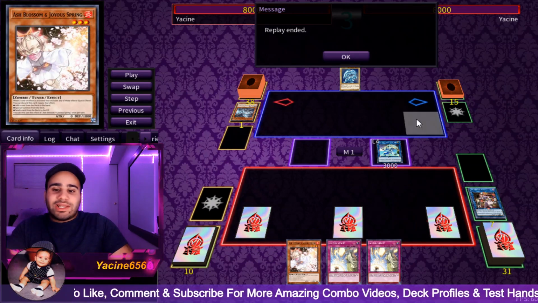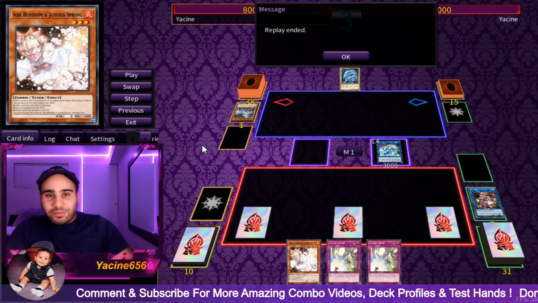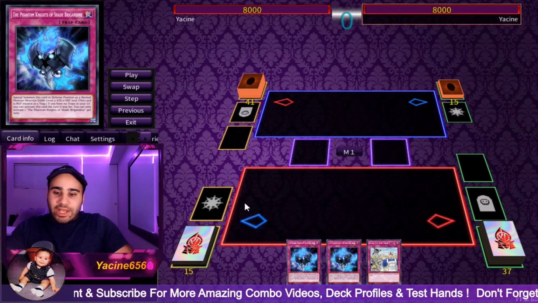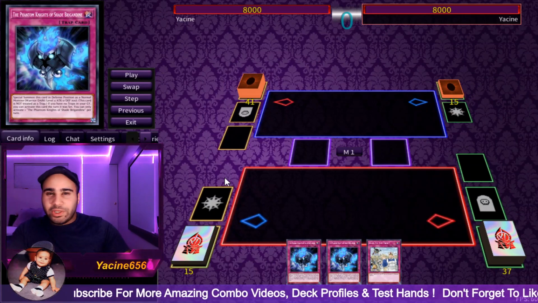And my opponent lost countless cards on the field, so absolutely amazing. Let's just jump into the final combo. As you can see, this is also kind of just showing a flow of execution, not really a combo,